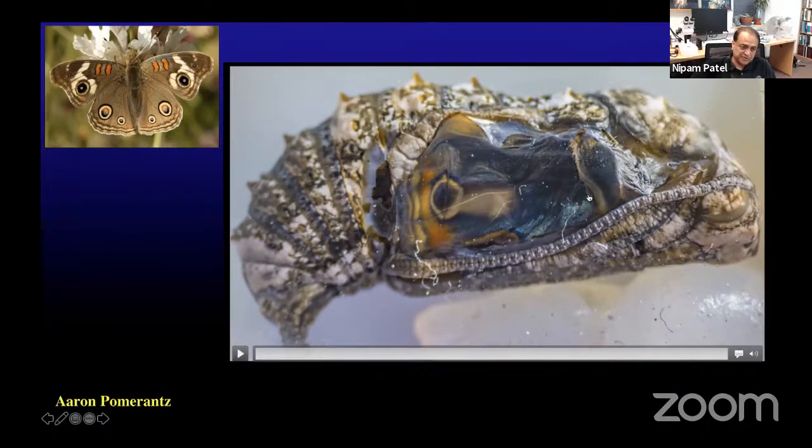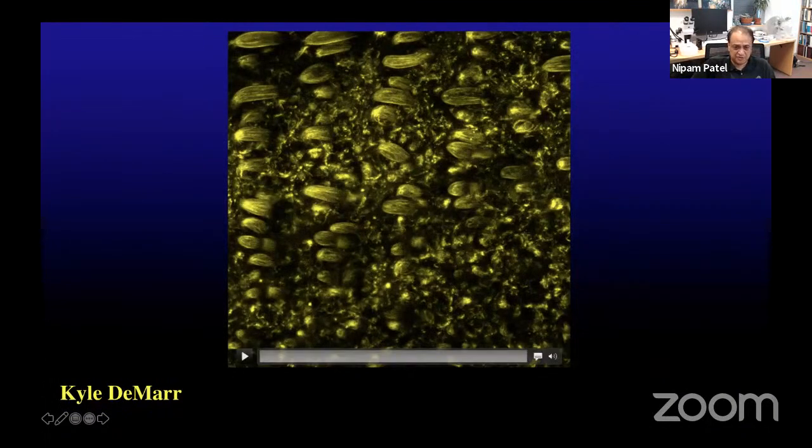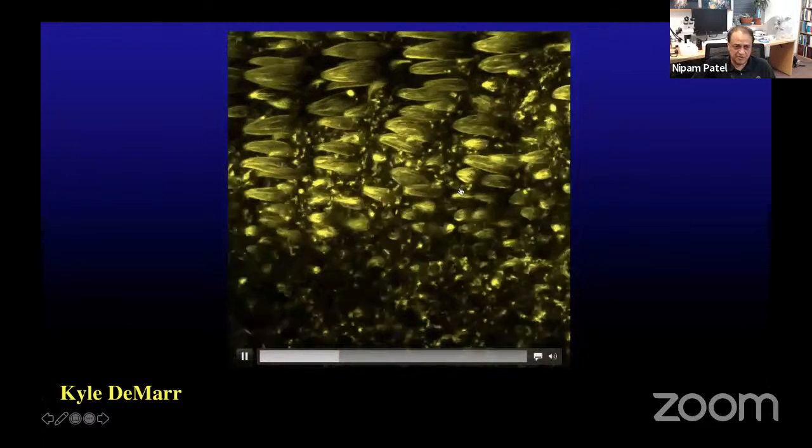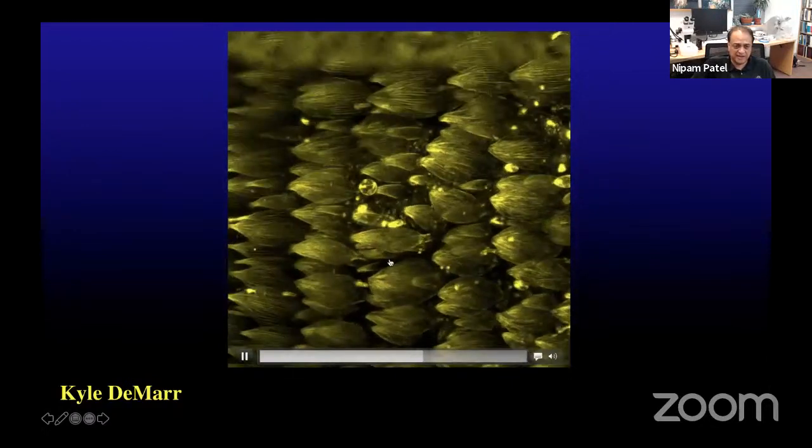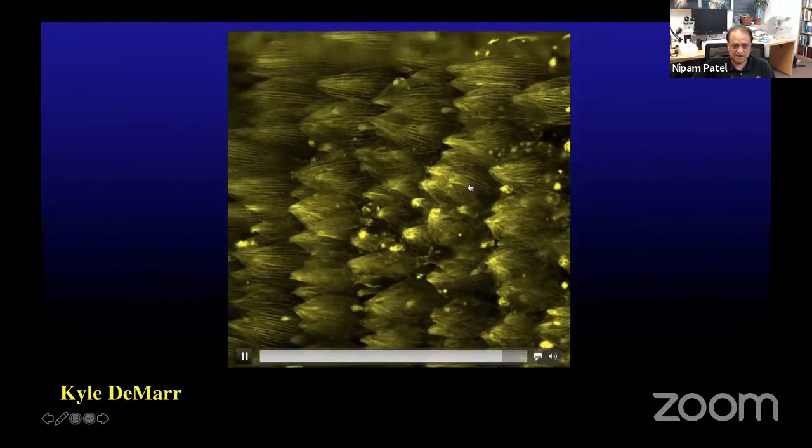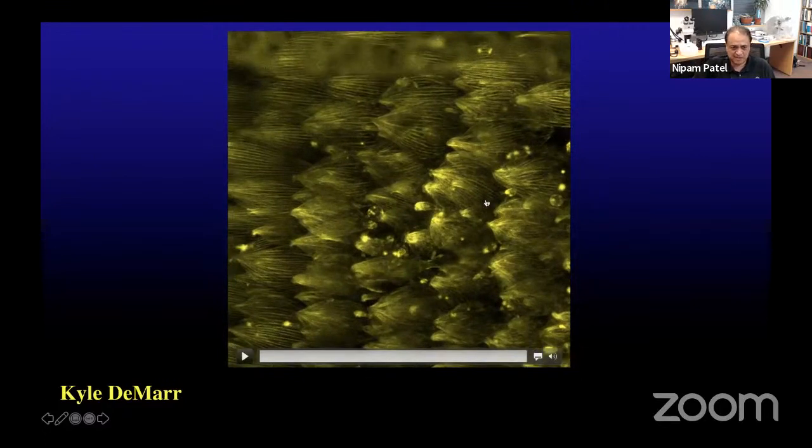And now we've been turning our attention to trying to watch the actin cytoskeleton inside these living scales, inside the pupa. Here's just a relatively preliminary movie, but you can see the scales growing and the actin cytoskeleton forming inside of these. This is not one of the ones that forms hexagons. So we are working to refine this technique to be able to look at it more.